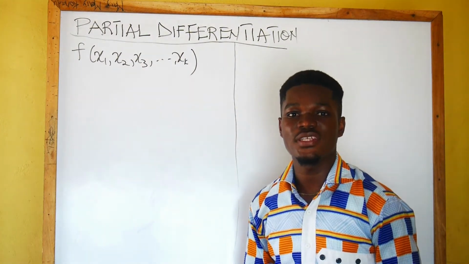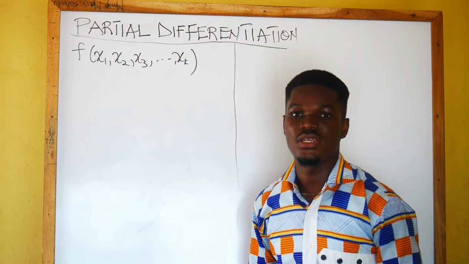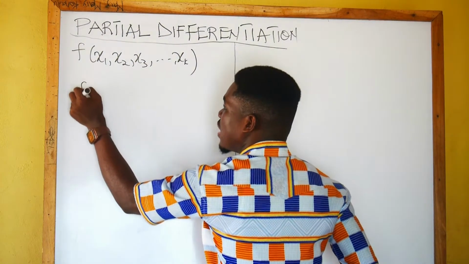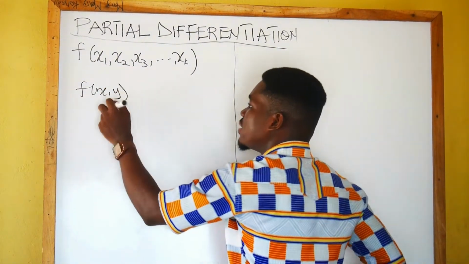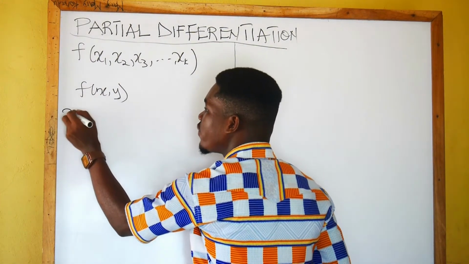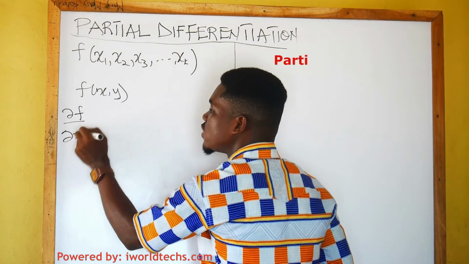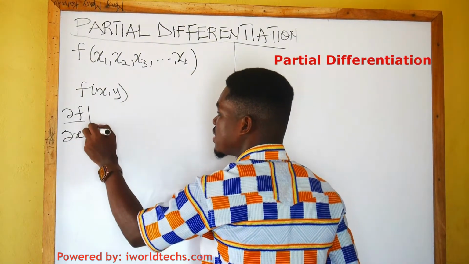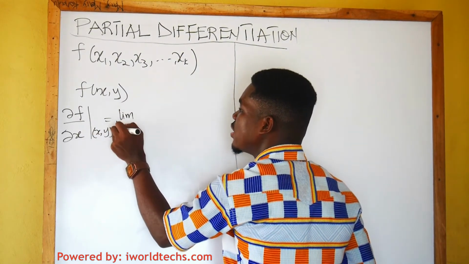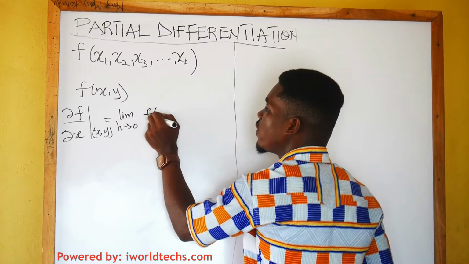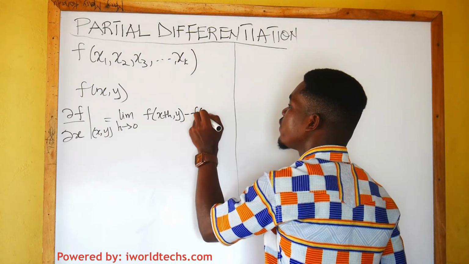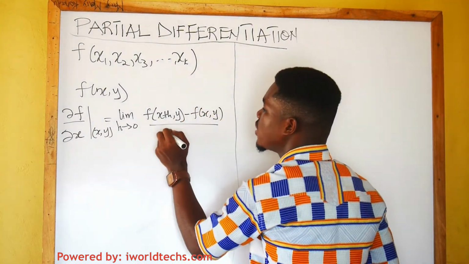So let's look at the definition of partial differentiation. Okay, so let's consider a bivariate function, that is f of x, y. That is a function of two independent variables. Okay, so the partial derivative of this function with respect to x, that is at point (x, y), is given by the limit as h approaches 0, f of (x plus h, y) minus f of (x, y), all divided by h,